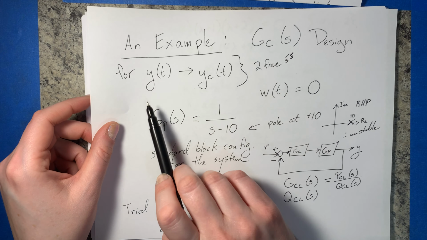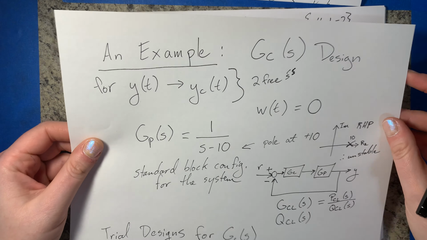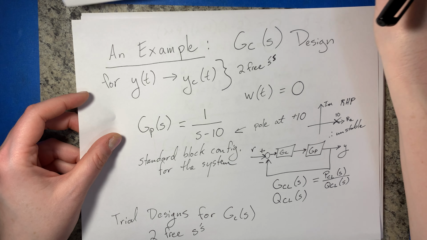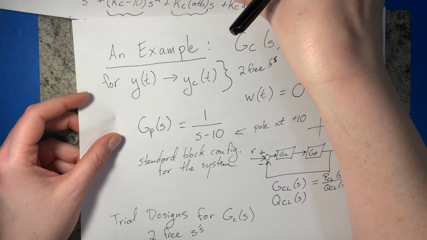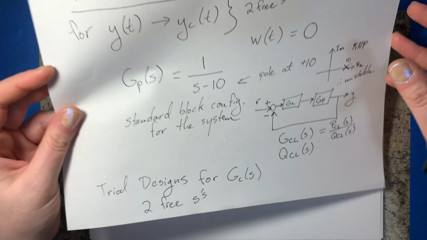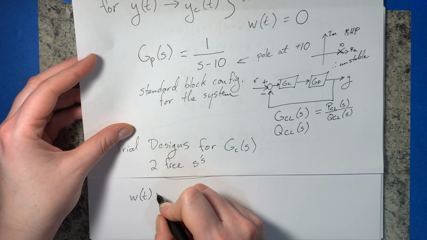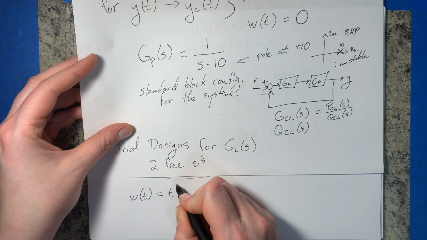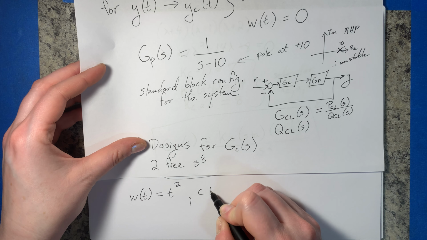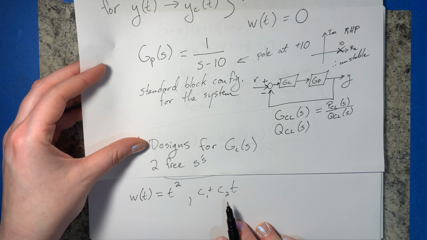Now, just to follow along, if you look back at the problem when we started, we did this problem with tracking a command signal. So at this point, let's re-examine and see, what if we had a disturbance in here? How would this problem change? And it would take a substantial disturbance, actually, to change this problem. So we would need a disturbance of, let's say, t squared, or something like a constant plus a bias term, constant plus ramp term, something like, and